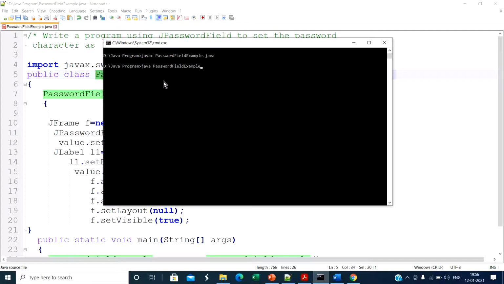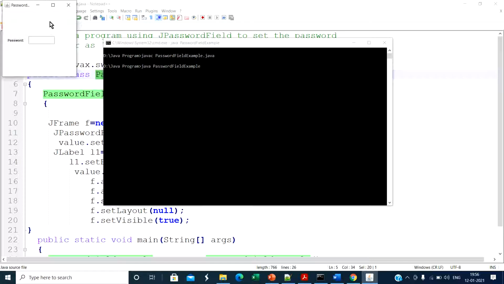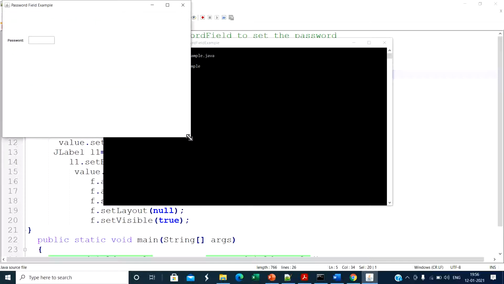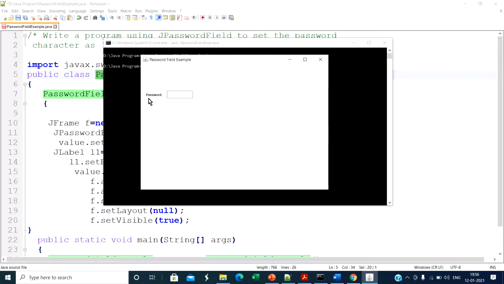The second command is java space filename. When you press enter, one frame is displayed. Here one label is displayed, password, and one text field. When I enter any character in the text field, it displays the hash instead of star.